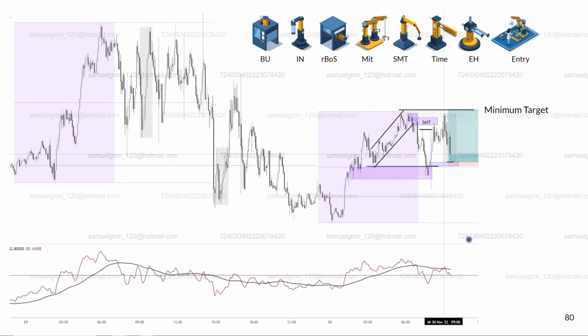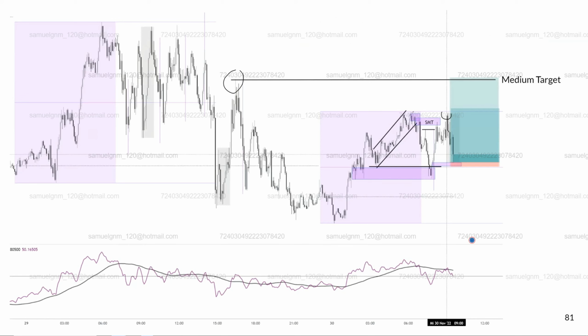So as we talked about the entries, minimum target is definitely, again, based on the M5, the next relevant breakup structure in here, right? Or also can be Asia range high, right? Technically the minimum is down here, and this would be a little bit higher, but not the medium. The medium one would be this one in here, right? So again, if this is your minimum, you can, in this scenario, include this one risk-free. Again, if it takes out this one, it's almost damn near impossible to hold that. Okay, so minimum,